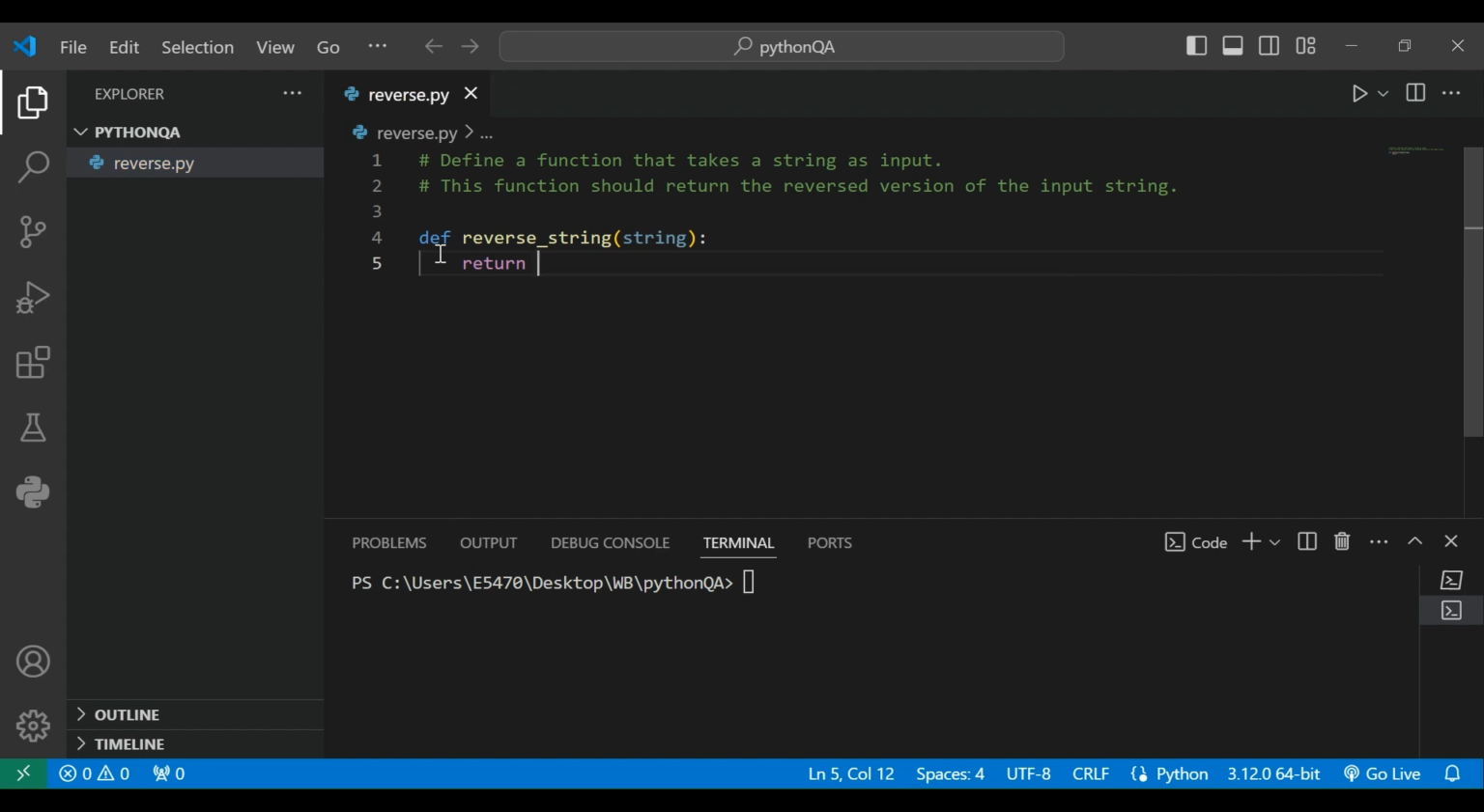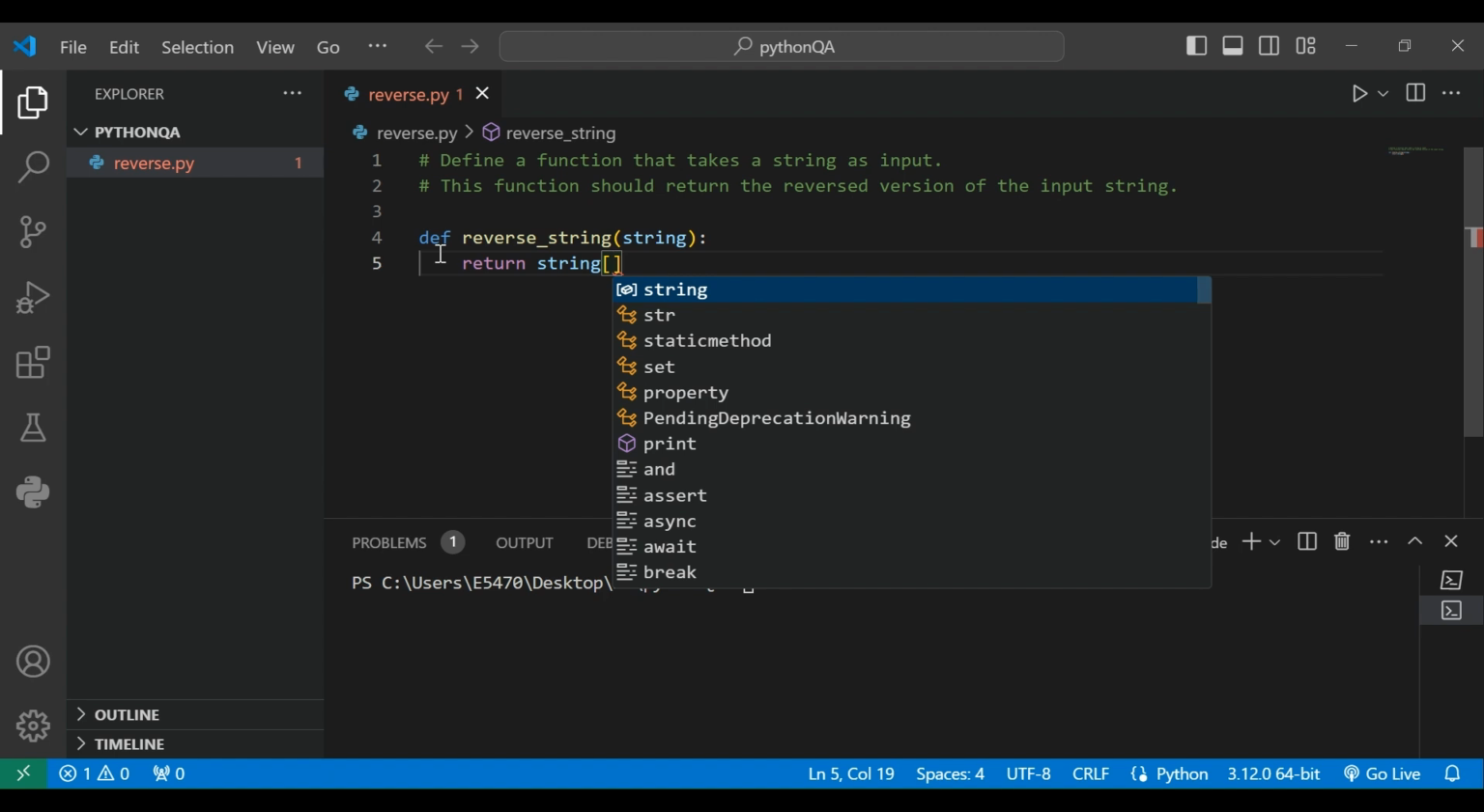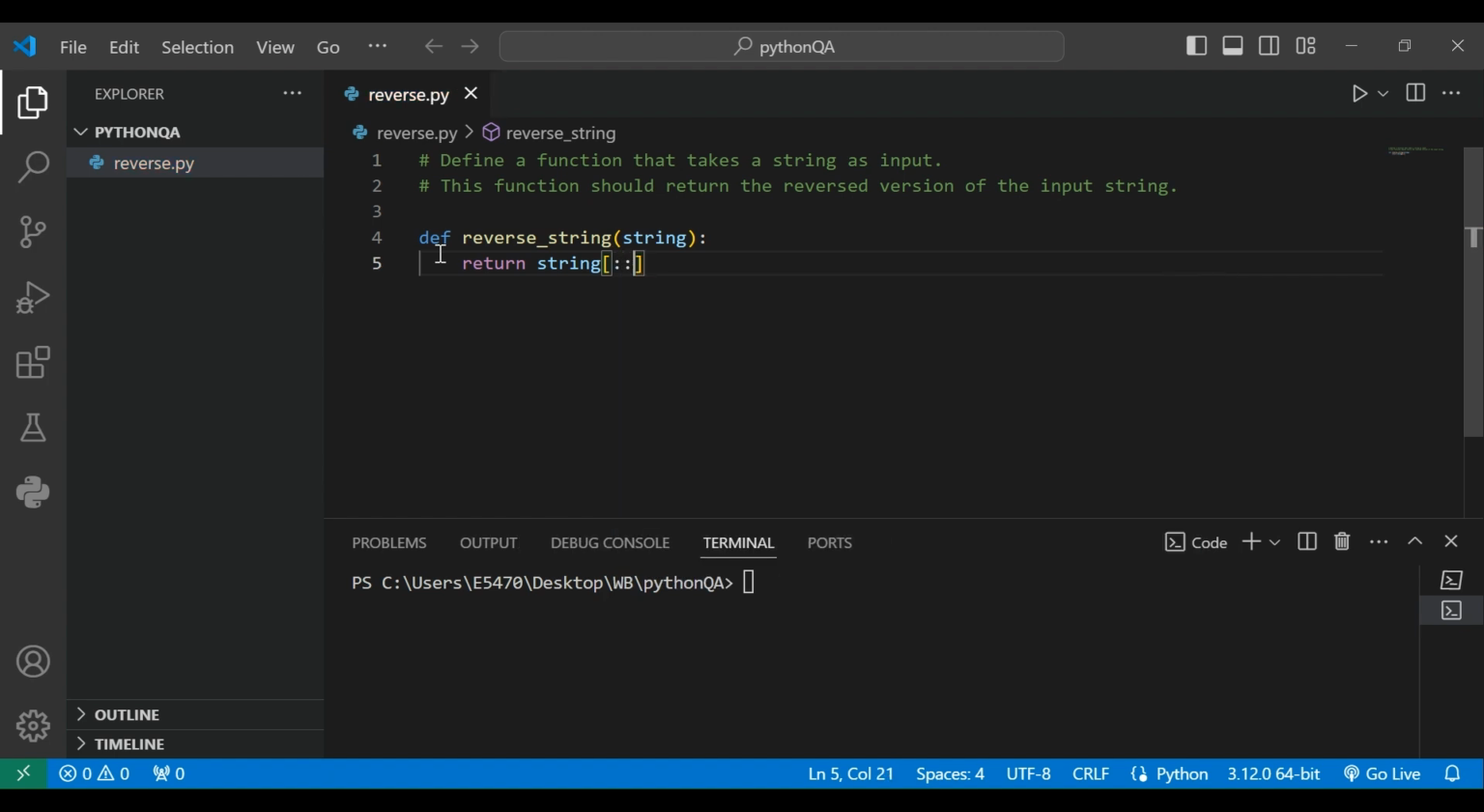Let's extend the logic. So string. Let's use the slice notation. I think that's simple. Slice notation, and then let's